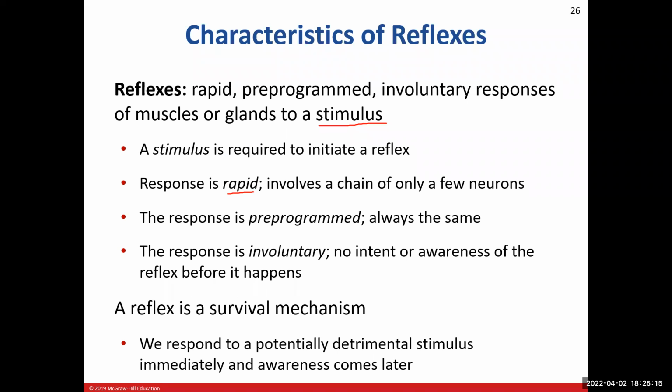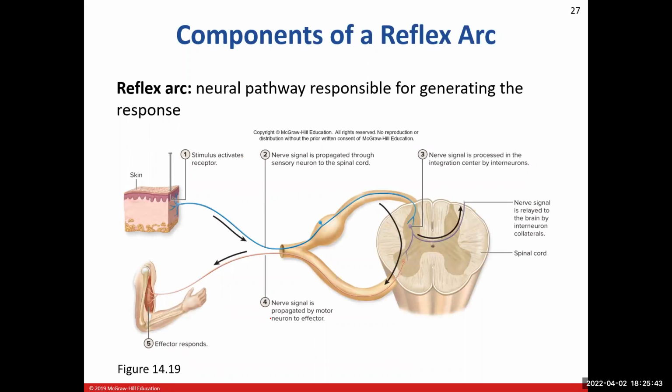Most times when you are aware of what kind of reflex just occurred, it's already too late. So think about reflexes as survival mechanisms. Perfect example is the withdrawal reflex. If you touch something that's hot or dangerous, you will prevent extensive damage by pulling away. And so this is what happens to us during our adaptation process. We develop these reflexes, and hopefully we'll continue to have these reflexes throughout our lifespan.